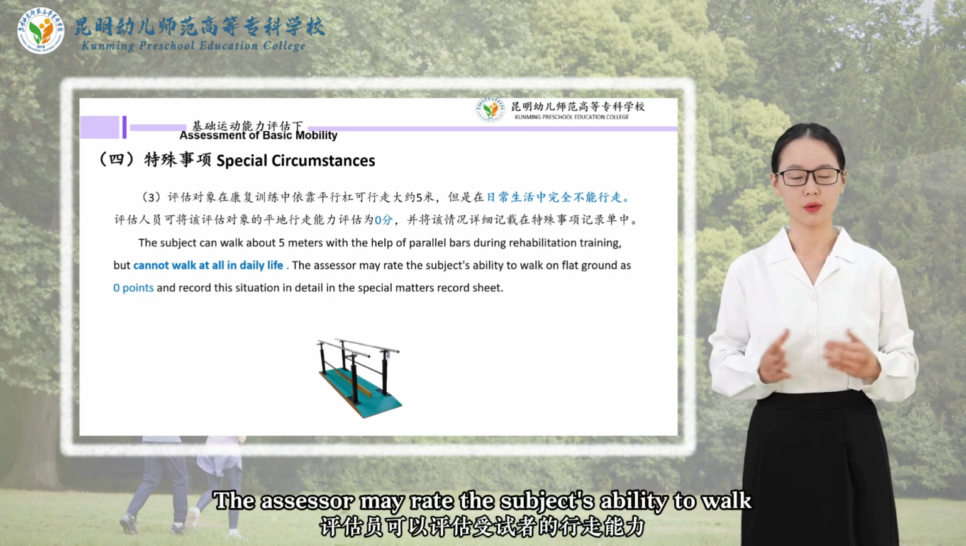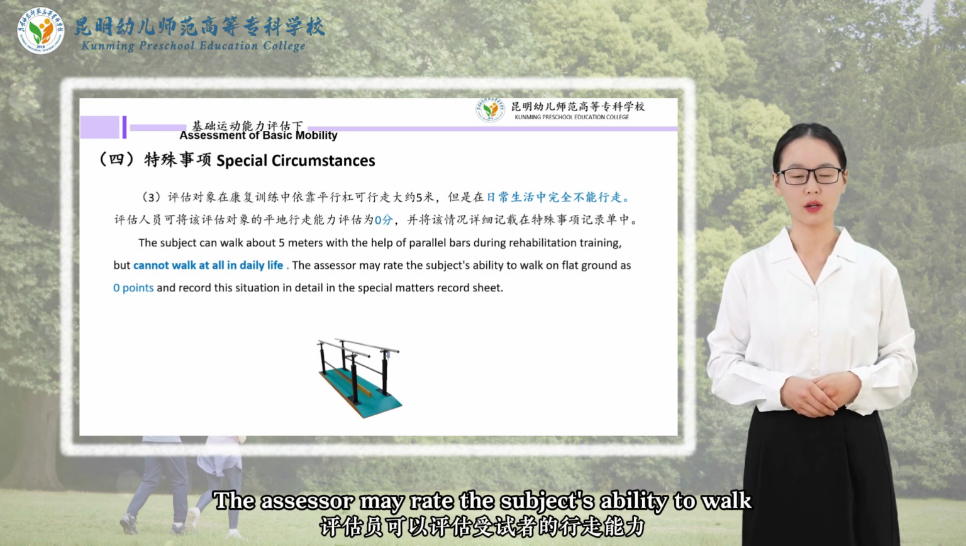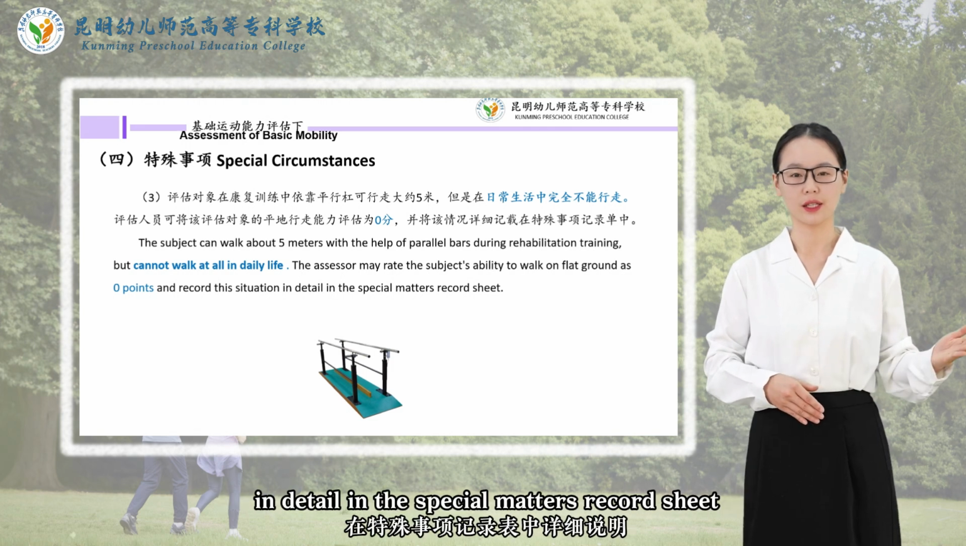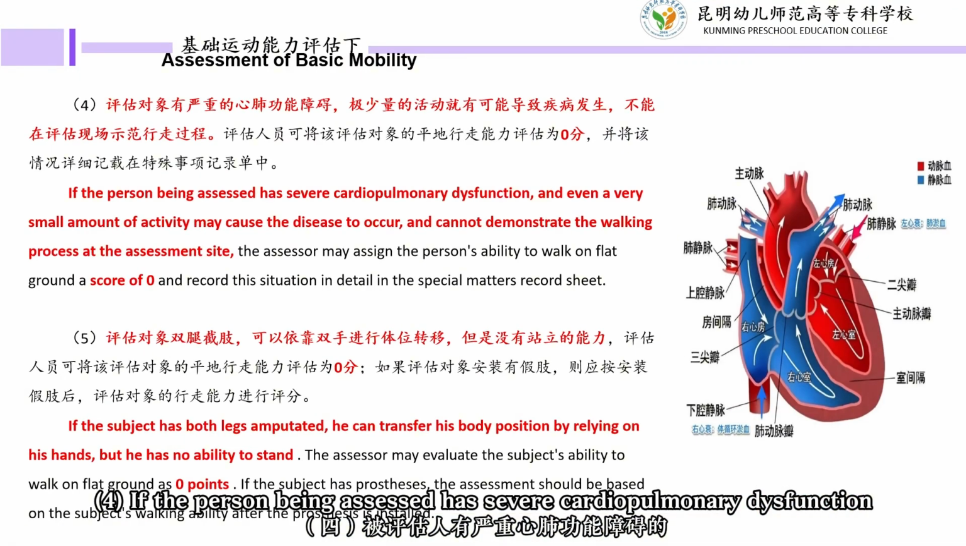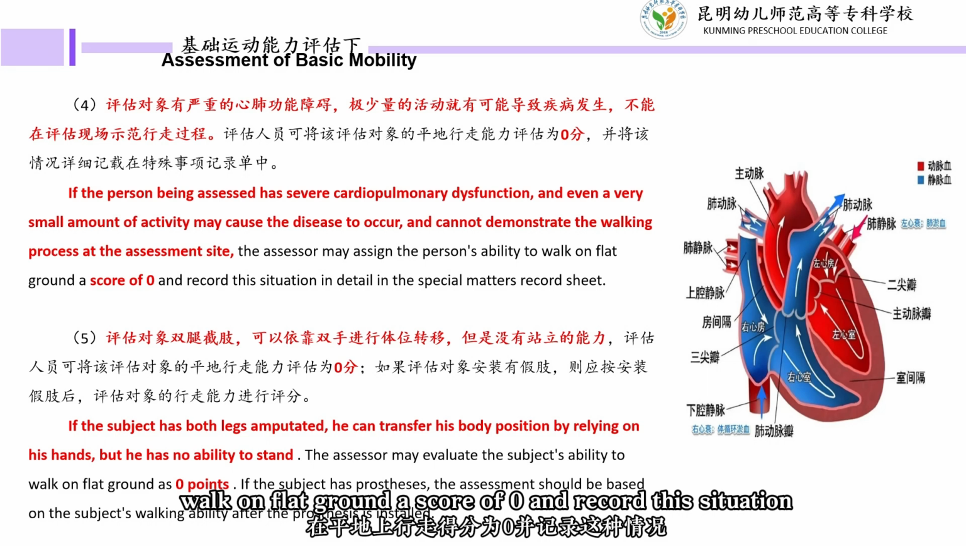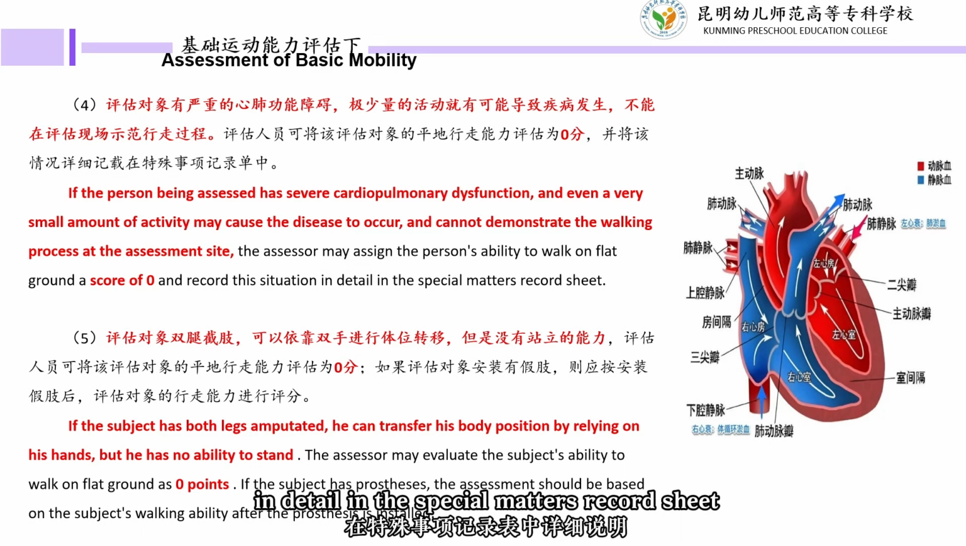The assessor may rate the subject's ability to walk on flat ground as 0 points and record this situation in detail in the special matters record sheet. 4. If the person being assessed has severe cardiopulmonary dysfunction and even a very small amount of activity may cause the disease to occur and cannot demonstrate the walking process at the assessment site, the assessor may assign the person's ability to walk on flat ground a score of 0 and record this situation in detail in the special matters